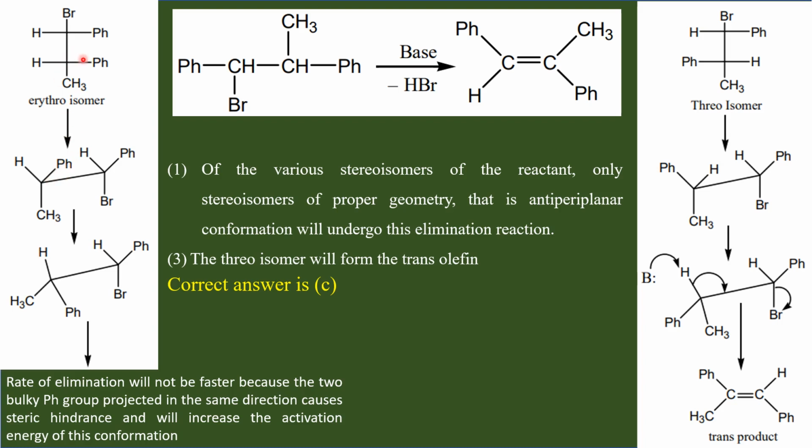So this erythro Fischer projection formula I am converting to Sawhorse. How will you convert Fischer projection to Sawhorse? You draw a slanting line and put the bottom carbon at the front, the top carbon at the back. So this is the carbon next to me in the front. I am just looking at the molecule from here. This is the front carbon for me and this is the back.